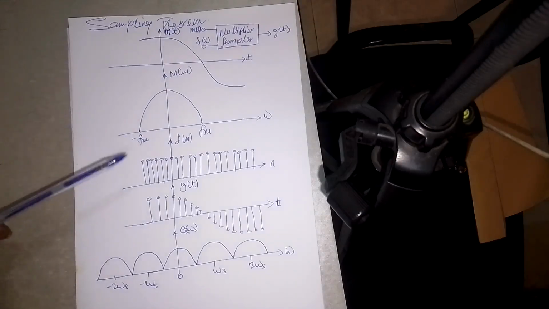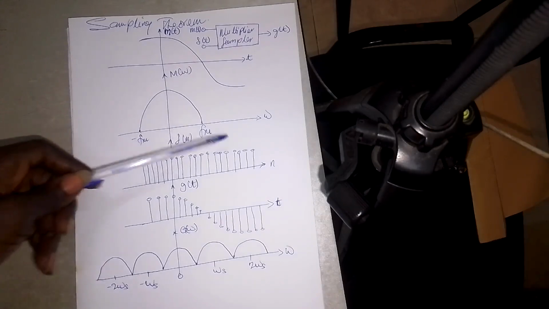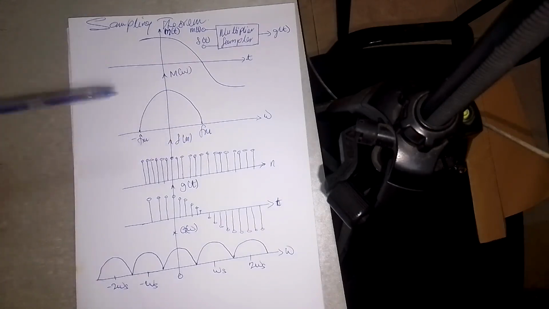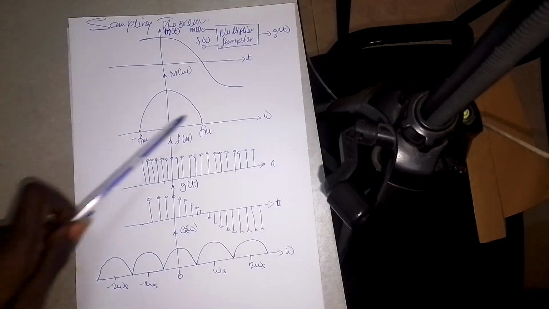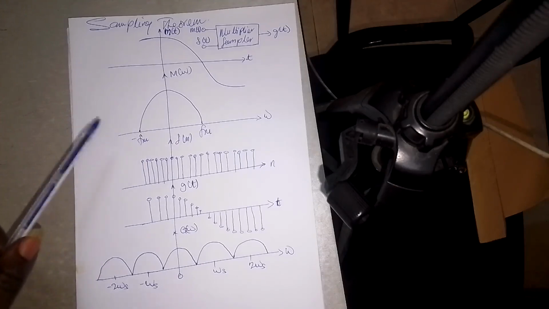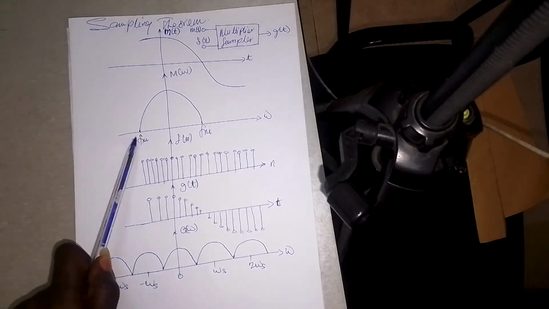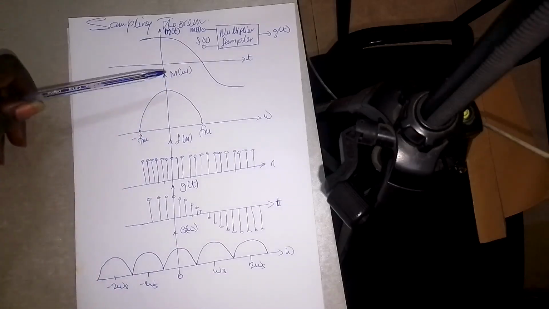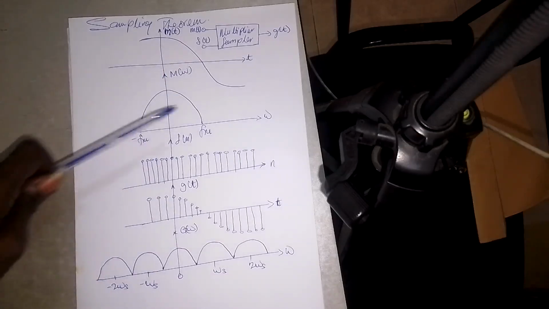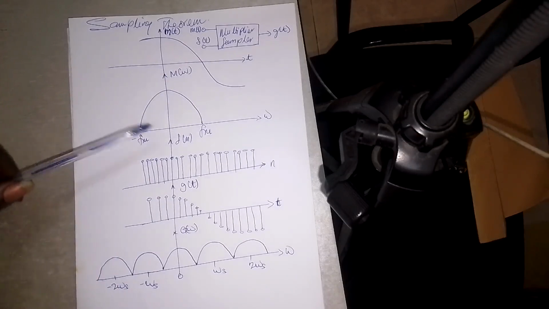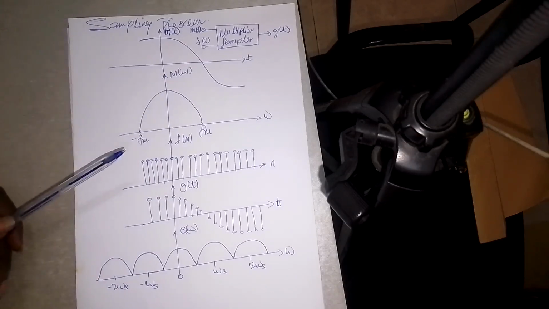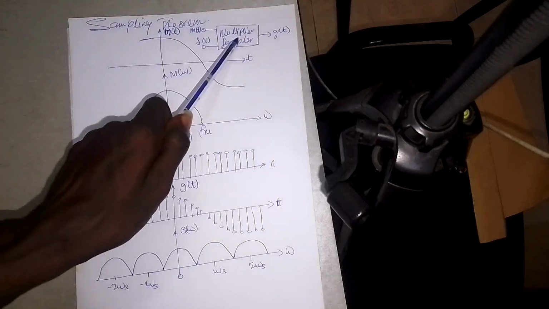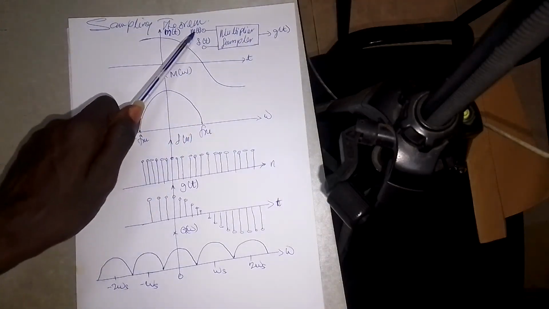And then minus FM to FM. I just taught you what? Filters. Okay, filters. So that is a band of frequency. A filter which has a band of frequency from minus FM to FM. So that means that I am going to use this filter or this band of frequency to limit my signals. Okay. So now what will happen is that my multiplier or sampler here will multiply my M of t